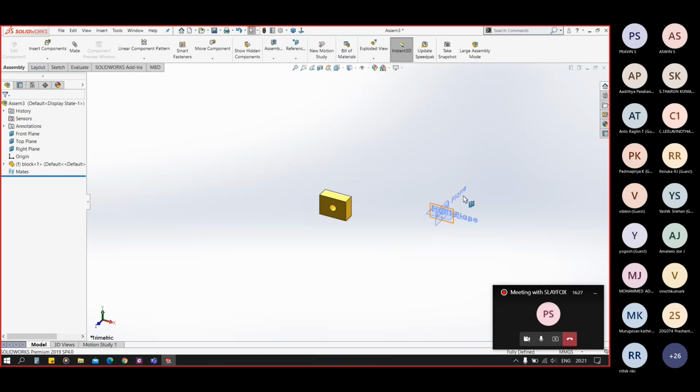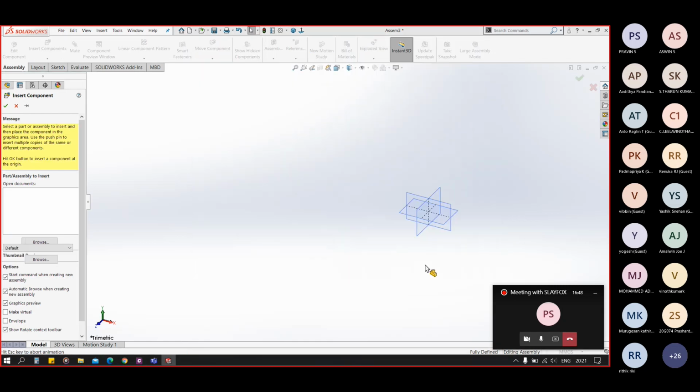You can see we have our center planes here and the part here. So our part is not at the center, as we have clicked outside. Now let me delete it and add the same part once again to show you how to add it at origin.